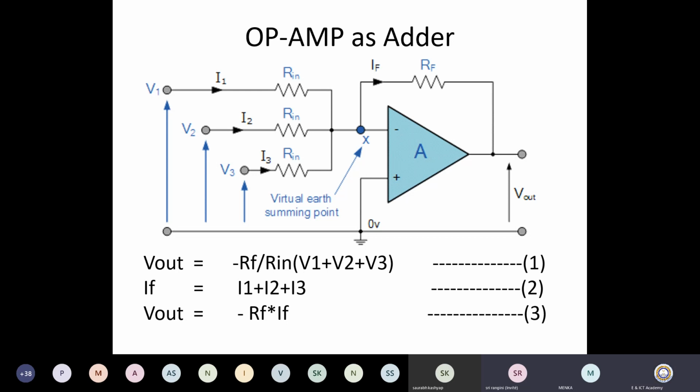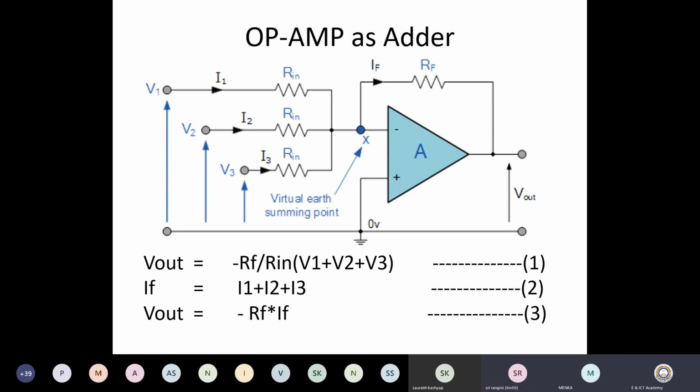In order to know it, just have a look at this op-amp as adder. Op-amp, all of you know, right? There are two terminals for the op-amp, one negative and one positive. We are going to ground the positive terminal. It means you are going to make the negative terminal a virtual ground.